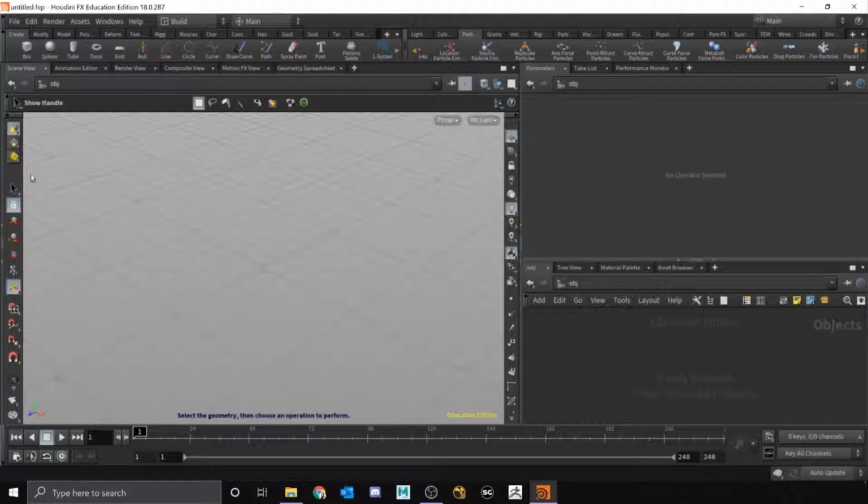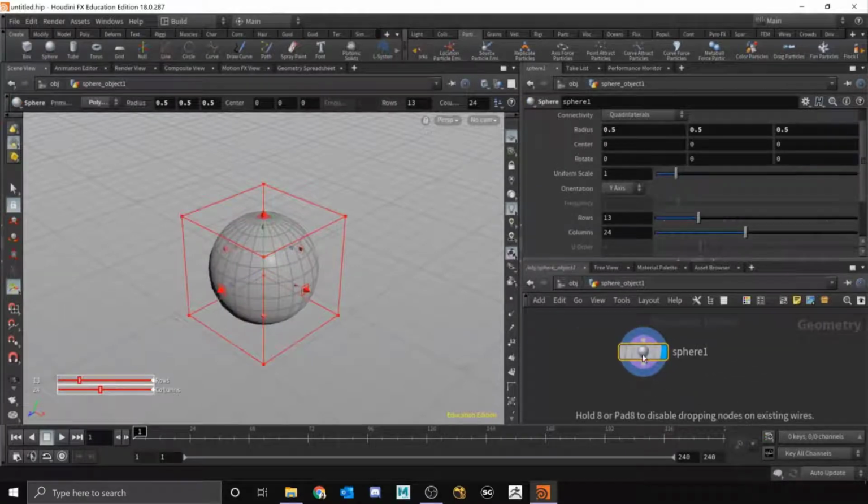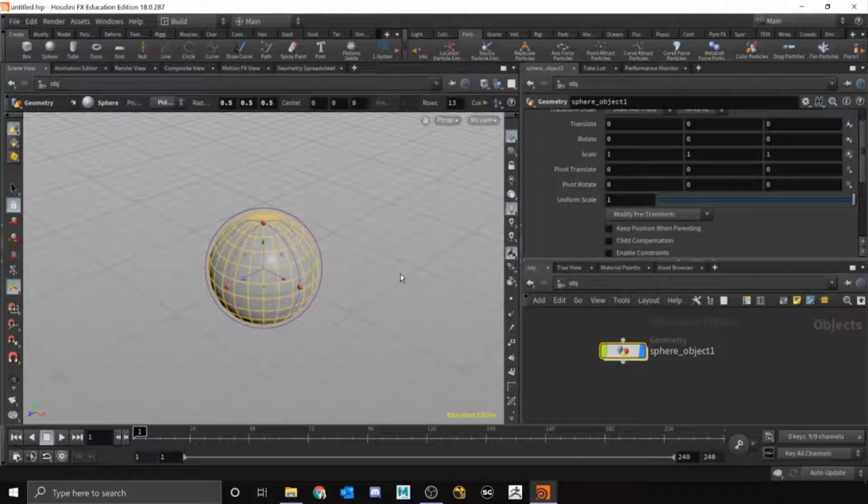So to get started, I'm going to create a sphere. It's always an easy thing to start with. I'm going to Control Shift that sphere. That's going to auto-create a SOP network, a geometry SOP network. Within that SOP network, we have this sphere operator. So if I go back to the object level, and with that sphere selected in the object level,